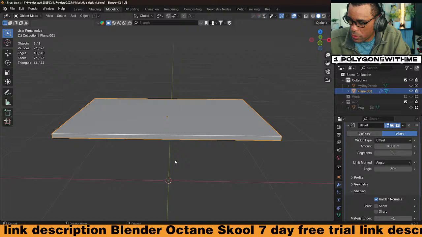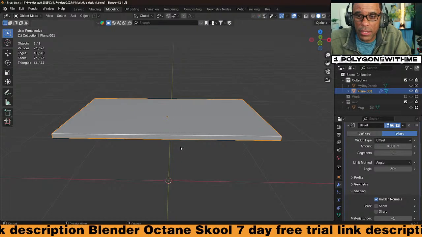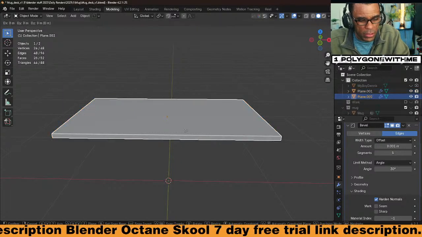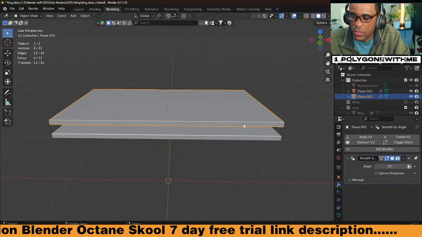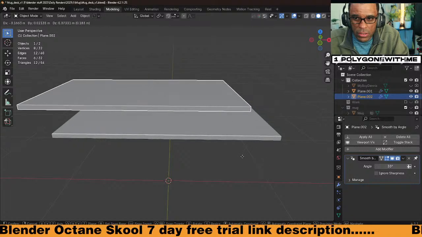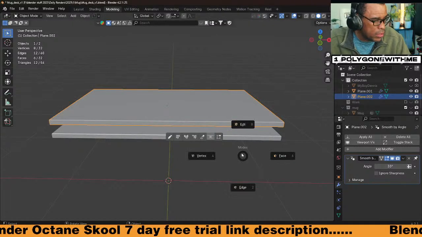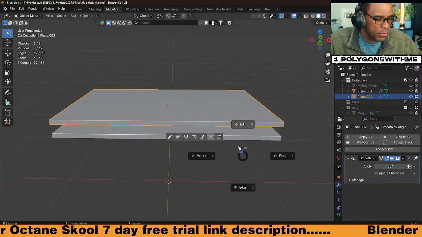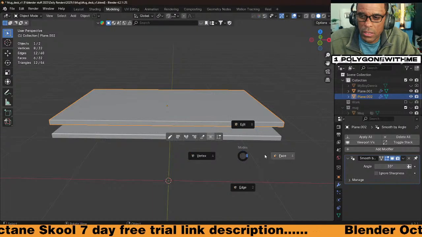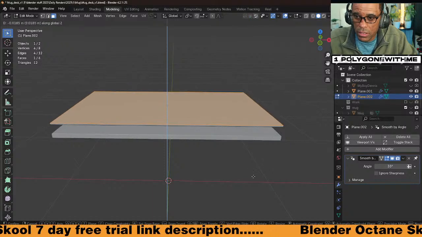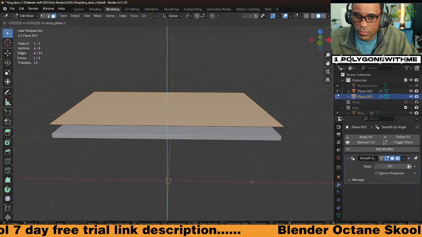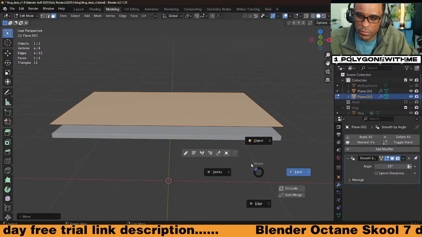Okay, what do I got here on top of my desk? I got this desk mat, so I'm just gonna duplicate this here. Shift Z, drop that up there, kill the bevel edge, and tab into edit. This mouse, this thing is in my way. Let's go GZ, then mat, right?